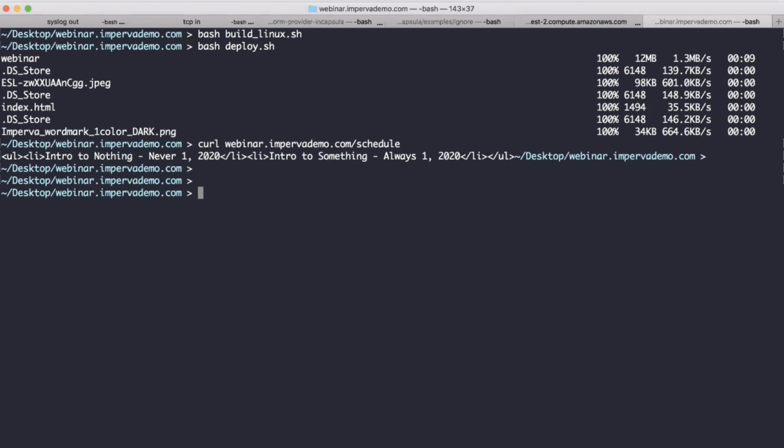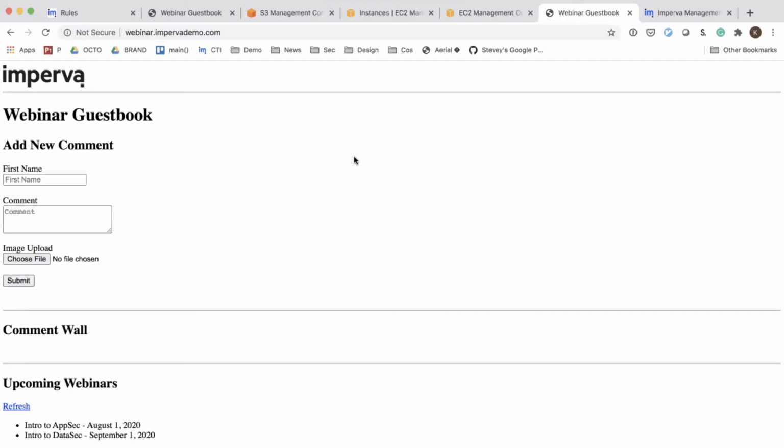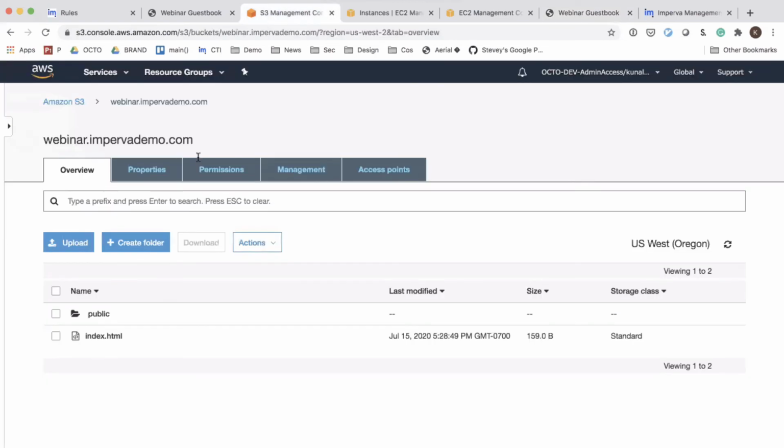I have two more that I want to show you, so we're going to go at a bit of a faster rate, if that's all right. The next one I want to show you is specifically around how we can forward requests to specific data centers. With that, one thing that I did, and you can see this is an image resource for Imperva, the Imperva logo, is spin up an S3 bucket.